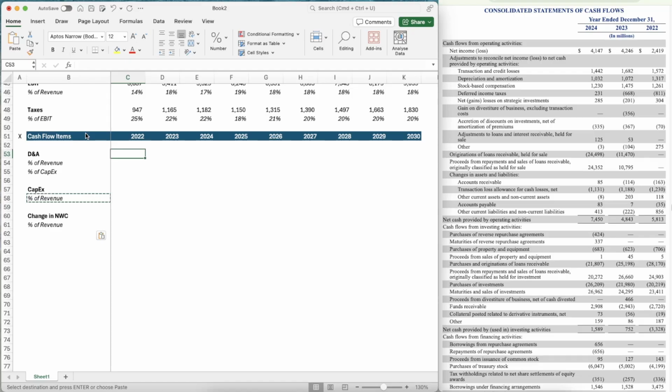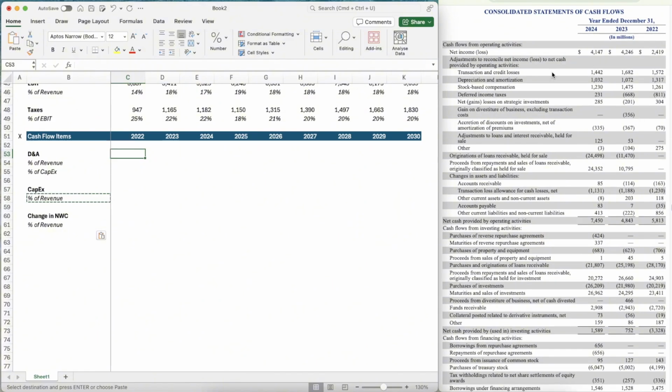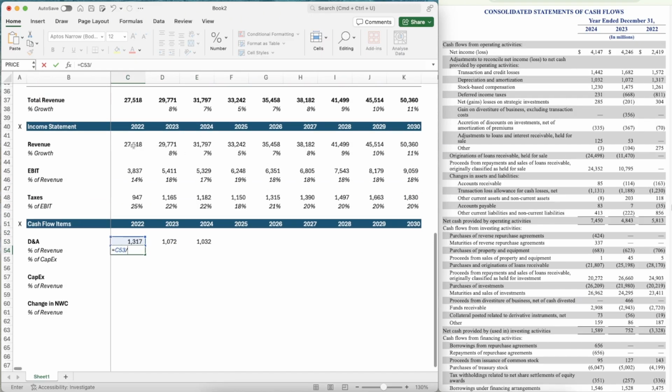Okay, so on the 10K, this is page 61. We want this line here. 1317. A bit of formatting. 1317, 1072, 1032. The percentage of revenue, this is